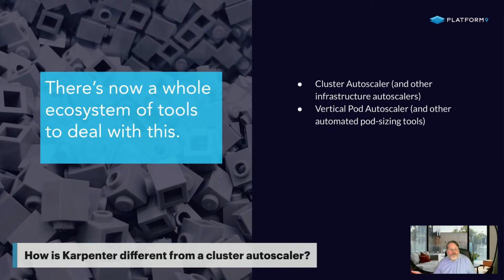So looks like we have our first question. How is Carpenter different from a cluster autoscaler? Well, it is a cluster autoscaler. It's different from the cluster autoscaler, the one that the Kubernetes project maintains, in that it uses different mechanics. So one of the main things about the default Kubernetes cluster autoscaler is it manages a node group. It manages an auto-scaling group in your cloud provider of choice. And so what it's doing when it auto-scales your cluster is it's saying, add one to this node group that